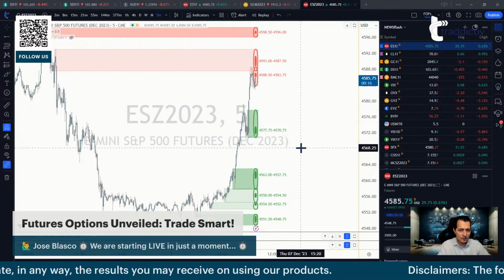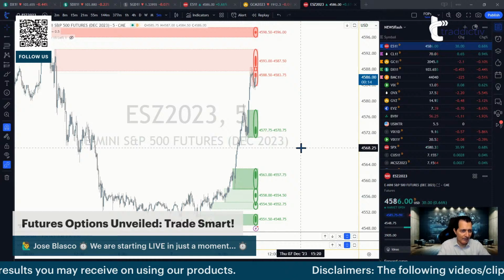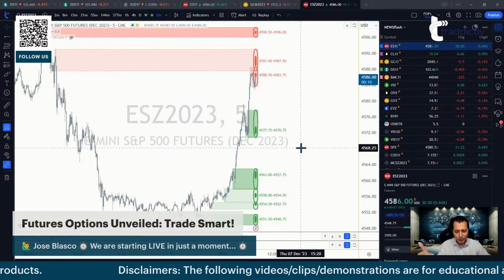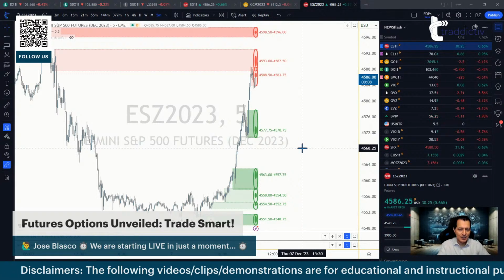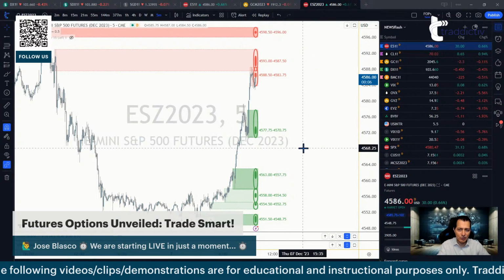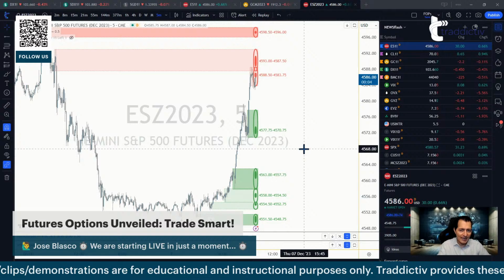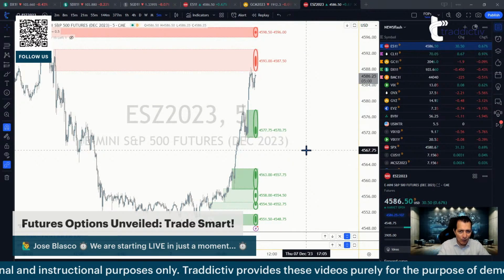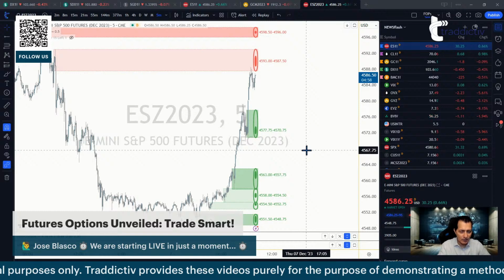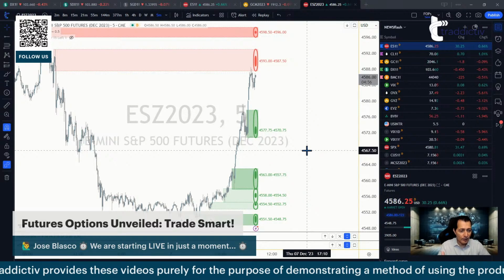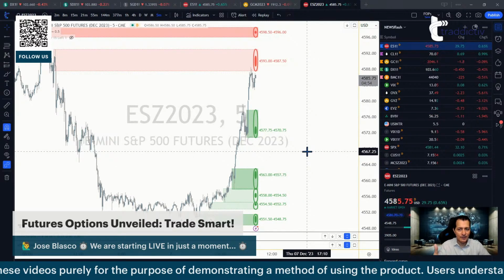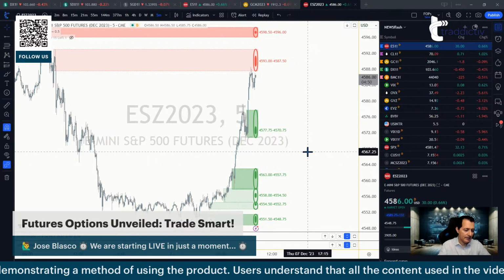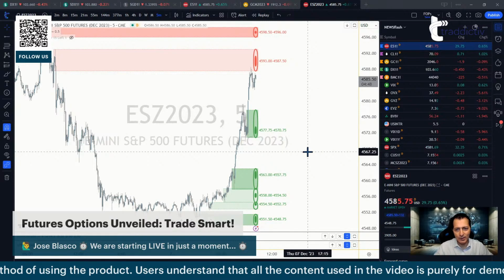So again, because being a good trader has a lot to do with having good habits, just create that good habit: when you trade options on futures, make sure you chart the right underlying futures ticker symbol. Avoid continuous ticker symbols. That way you don't make a mistake with the options contract because you were using the wrong ticker symbol on the chart. Okay, so this is, again, very basic, very normal when you trade options on futures.